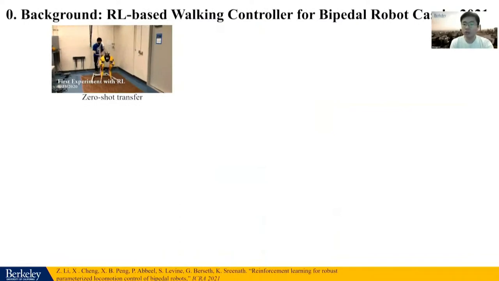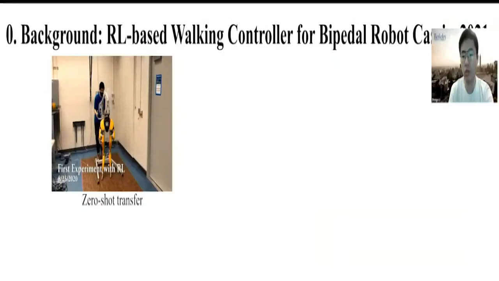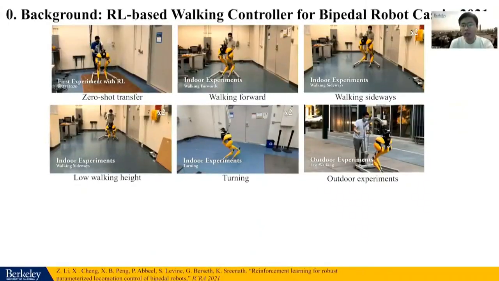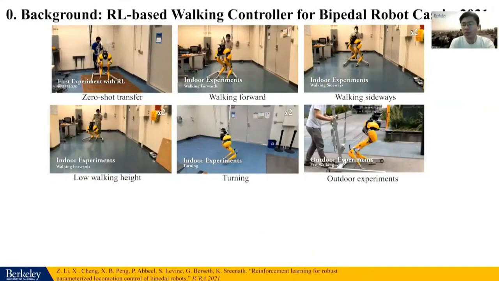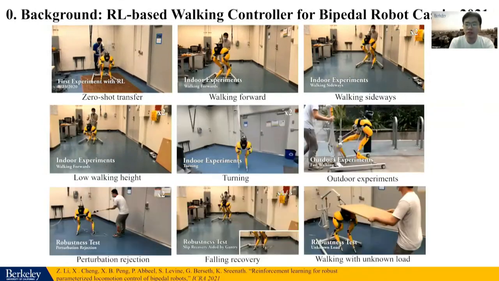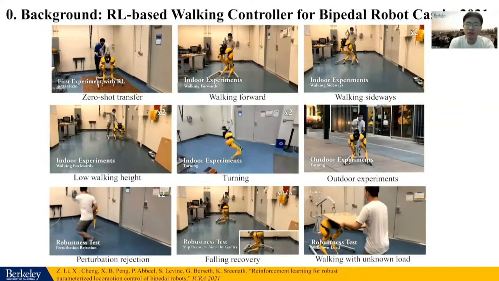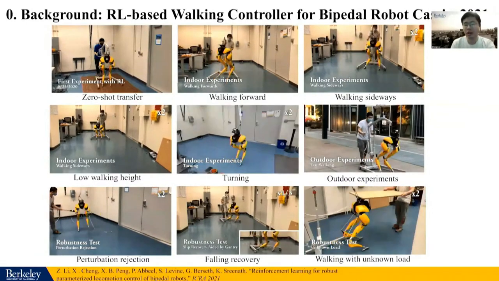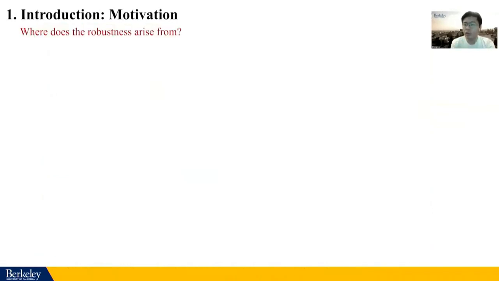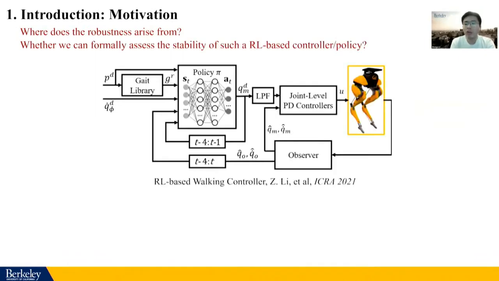So a year ago, we leveraged reinforcement learning to develop a working controller for a biped robot, Cavarsi. It enables the robot to reliably track different walking velocity and walking height in experiments. And it also shows notable robustness when the robot is applied random perturbations. So such robustness actually creates interesting questions. That is, where does this robustness come from, and whether we can formally assess the stability of such an RL-based